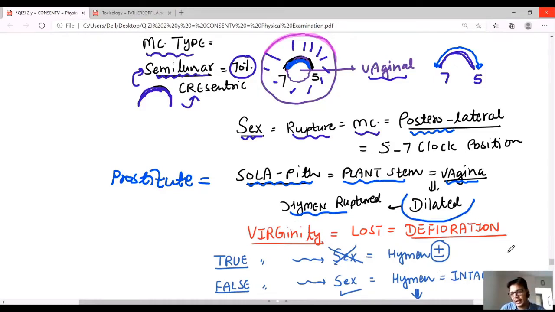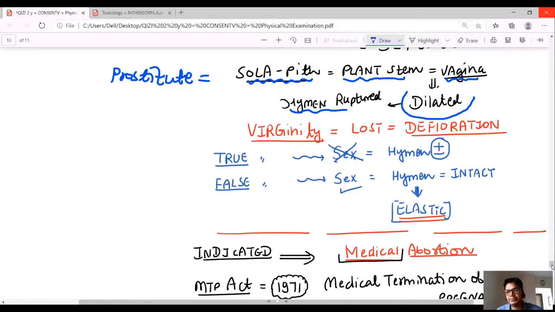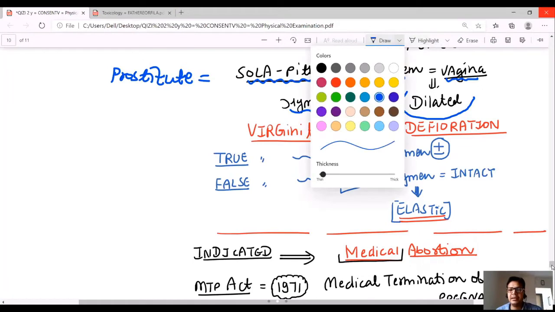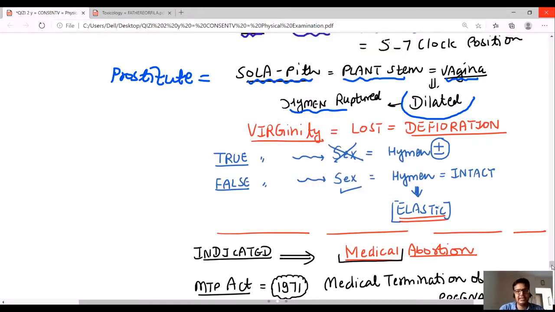Prostitutes insert solapith. Solapith is a plant stem that is inserted in the vagina, and when this is inserted, the vagina gets dilated and the hymen ruptures. Hymen rupture. A few prostitutes use solapith to dilate the vagina. Now, sir, the word virginity is used for male as well as female, but mainly it is used for